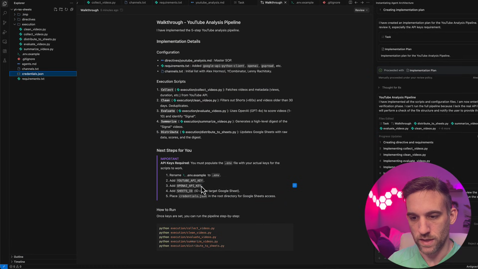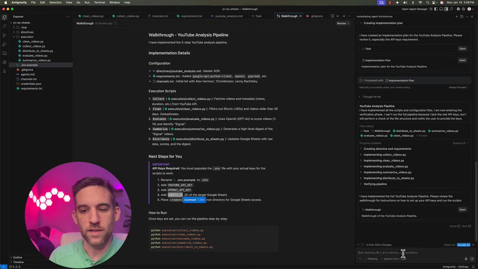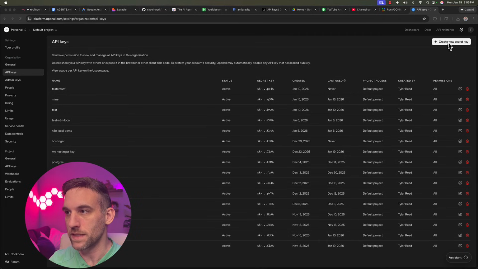That's okay. And now we need an OpenAI API key. Okay, now I went ahead and added my OpenAI API key to the environment variable. But now the last thing I need is this Sheets ID. Well, let's say that I don't have a Sheets ID, right? I have no idea. So what I could do is just go ahead and create a Sheet, right? So let's actually just go ahead and do that. That may be the simplest thing here.